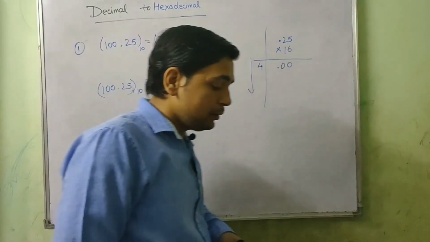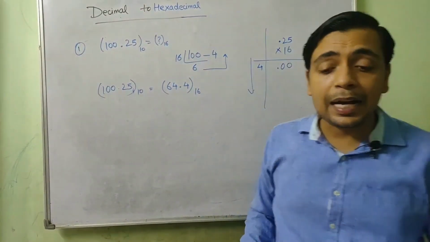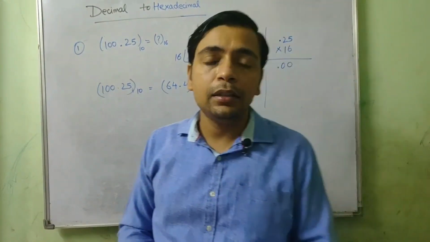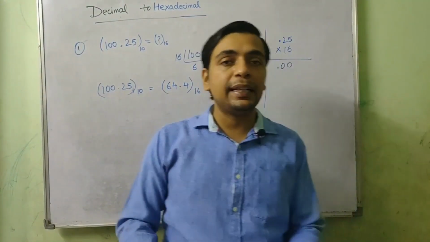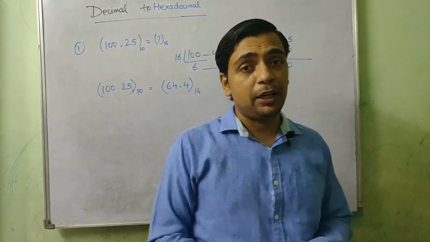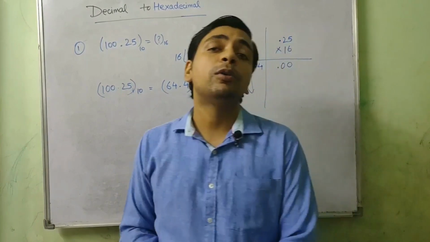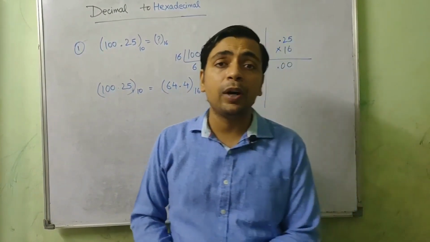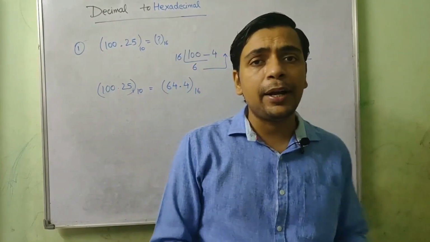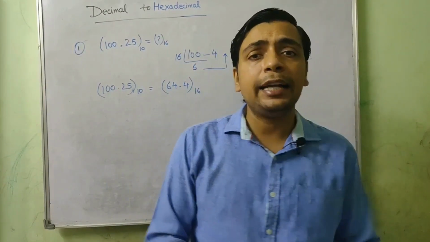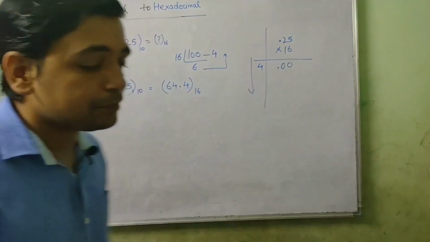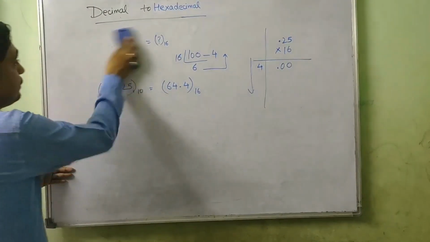Okay, so I hope you understood this. This is how you are going to convert a decimal number into binary, octal, or hexadecimal with and without a fractional part. Now let's see the vice versa. Let's see how to convert back to decimal, a binary number back to decimal, an octal number back to decimal, and a hexadecimal number back to decimal. Let's start with binary.